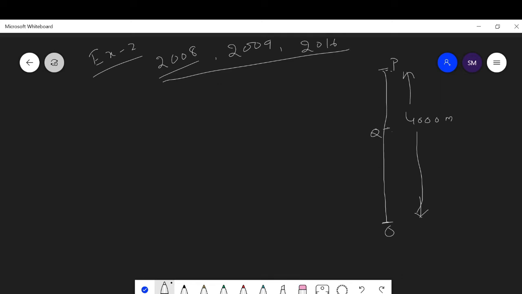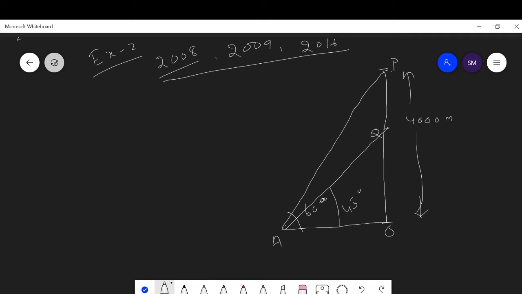This passes over another aeroplane which is at the height Q, and the question says that at this instant the angles of elevation of the two planes are measured from the same point on the ground. Let A be the point. At the same instant, one plane has the angle of elevation 60 degrees, while the angle of elevation of the plane flying at the Q point is 45 degrees.